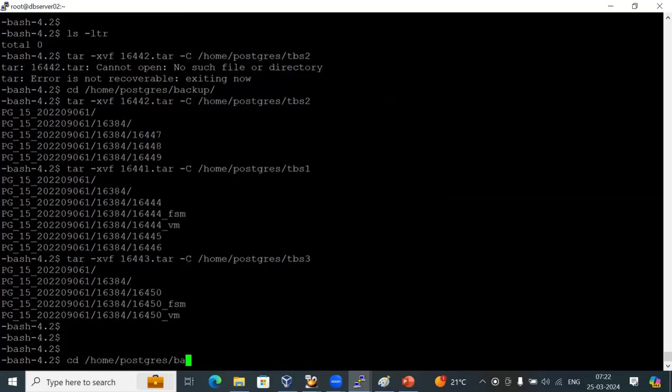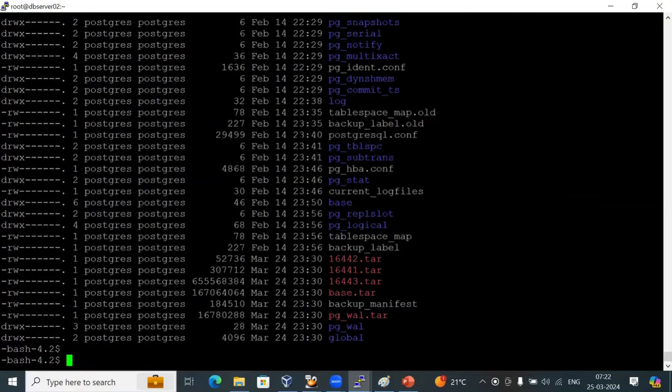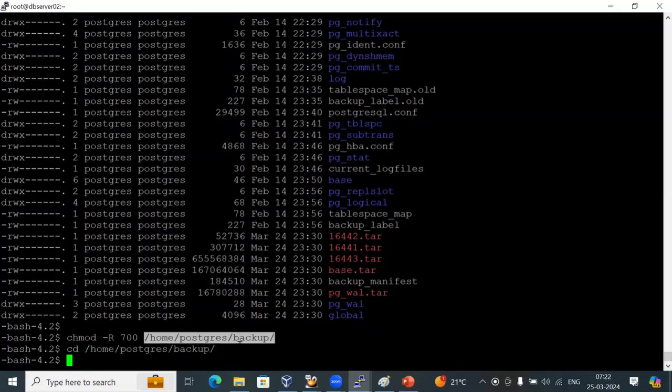Just go to your backup location. So before this, basically we need 700 permission to this location, the /home/postgres/backup, because data directory permission should be 700. For this, we have to make sure before we start the cluster. And we also need to create